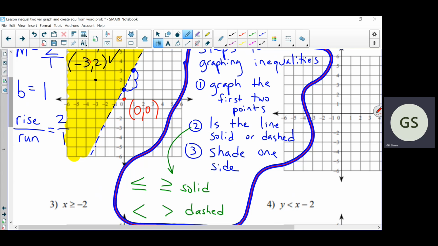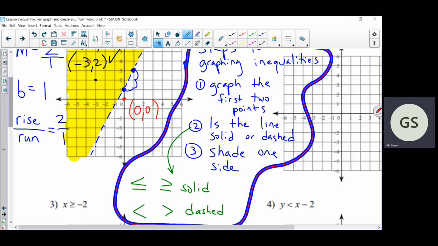All right, so I'm going to go over what this means pretty quickly because we're about to practice it. The first step is a very summarized version of a long process, but it's a process we've done. We did it all last week and the week before that. It says graph the first 2 points. Well, there's 2 ways that we graph the first 2 points. One's a yellow sheet, one's that white sheet. One is slope-intercept form, which is the yellow sheet, and one is standard form, which is the white sheet. So behind number 1 is really where most of the work is. Again, we struggled with that on the quiz, so you need to practice that today,